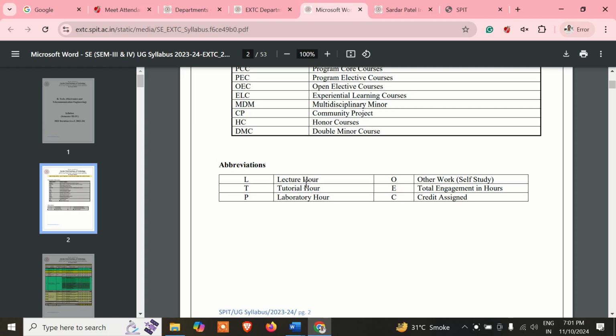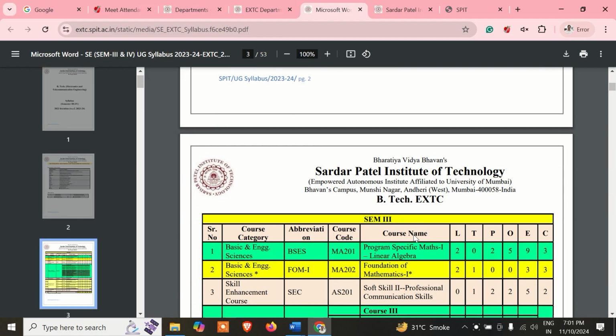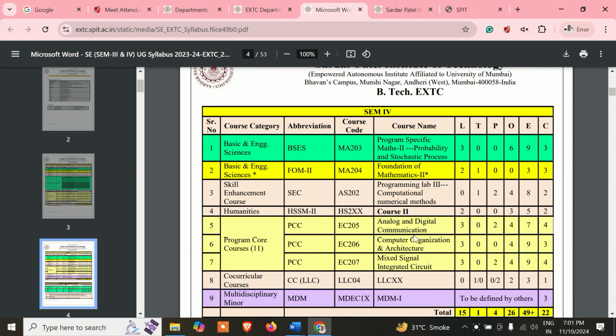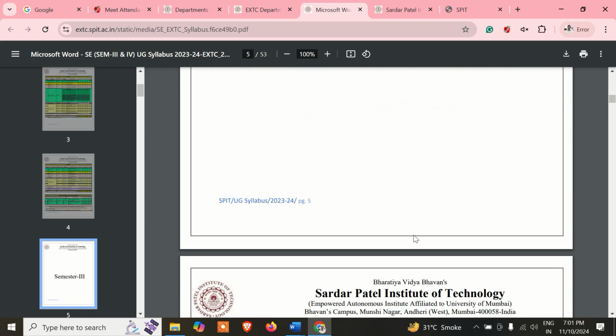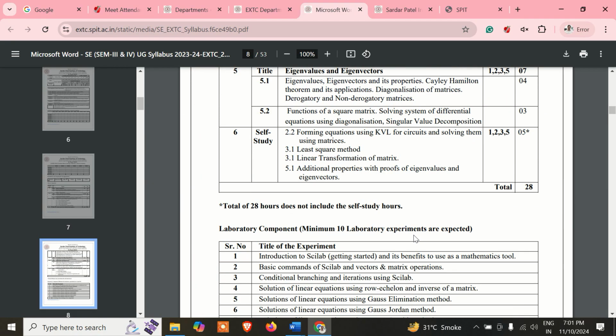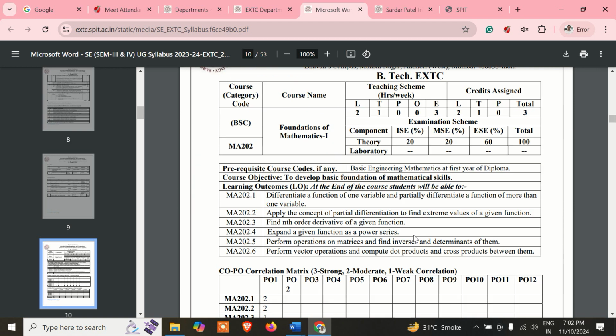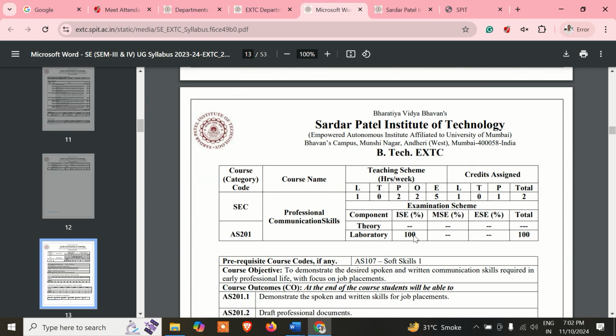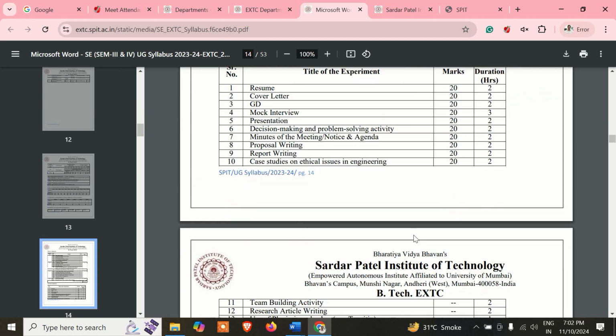What do you mean by lecture hours, laboratory hours? What do you mean by other work, that is self-study? What do you mean by engagement, total engagement? And how many credits are assigned for each course? All right, so anyhow, this is about the curriculum and the syllabus. So we are interested in, let's say, any specific subject. So any typical subject, if you refer,